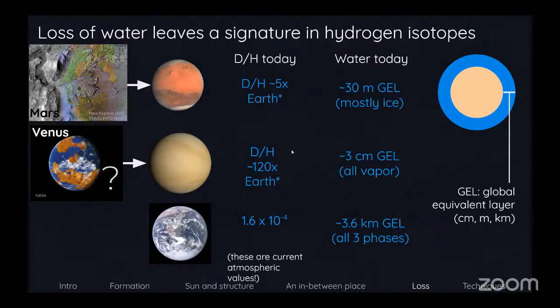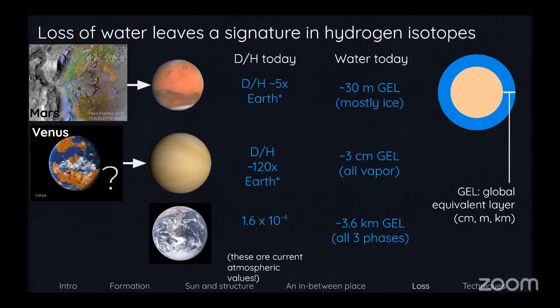So the way this works, since deuterium is heavier than hydrogen, it's less likely to escape. So over huge amounts of time, like millions and billions of years, hydrogen will escape preferentially, and you'll end up with an enhancement of deuterium to hydrogen when we compare it to the value on Earth. So this tells us that these planets probably lost a significant portion of the water that they used to have. It's not the only piece of evidence, but it is one of the pieces.